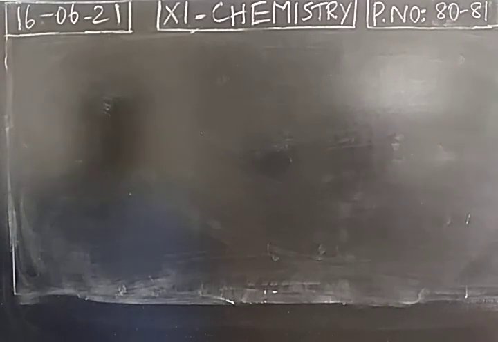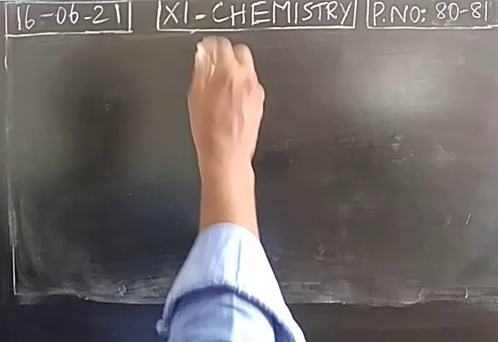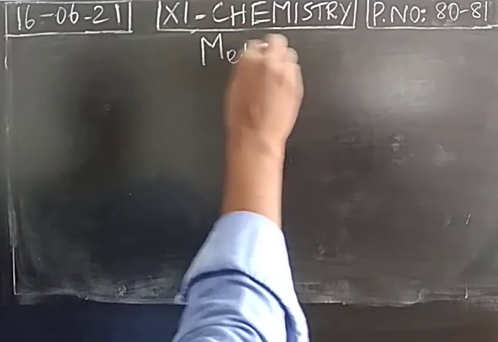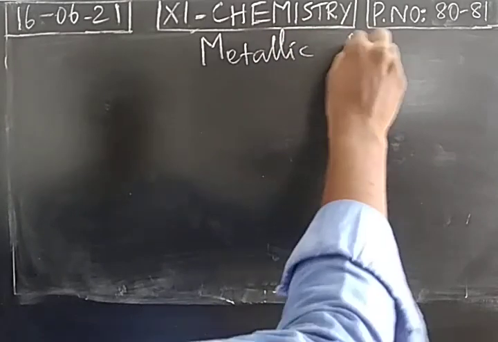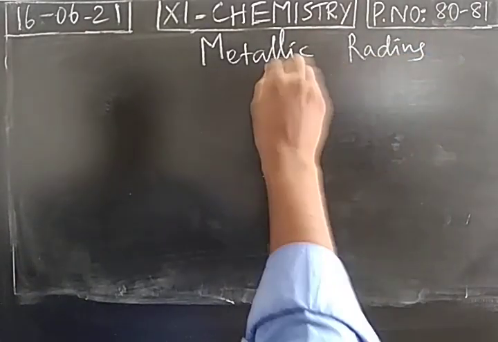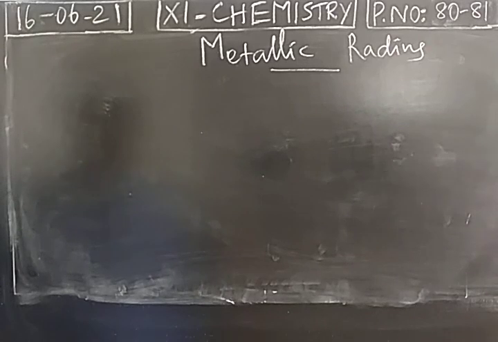Dear students, so last class we were discussing atomic and covalent radius. Today we start metallic radius. As we studied, except noble gases, remaining atoms are unstable. So the atoms will be present in the form of a covalent molecule, or in the form of an ionic compound, or an element will be in the form of a metal. For noble gases, you can calculate the atomic radius.